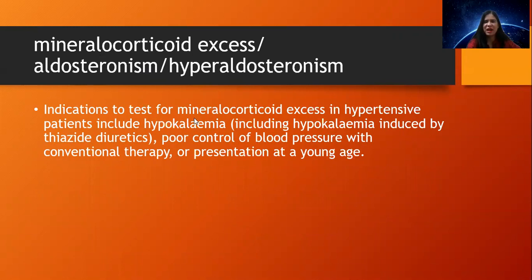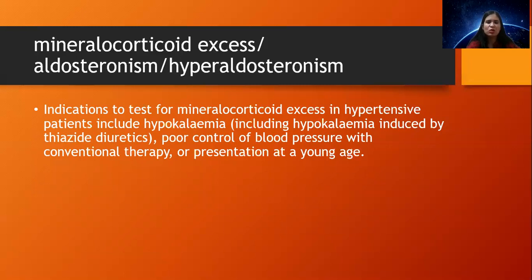And indications I have discussed earlier. Indications to test for mineralocorticoid excess in a hypertensive patient include hypokalemia, poor control of blood pressure with conventional therapy, or presentation at a young age. So if you come across a patient of hypertension who presents at an early age, that means around 35 to 40 years, young male or female, when presents with high BP, and you advise them certain tests like the electrolytes